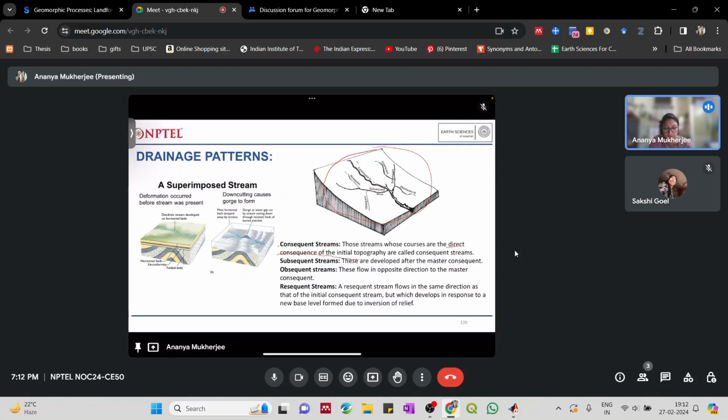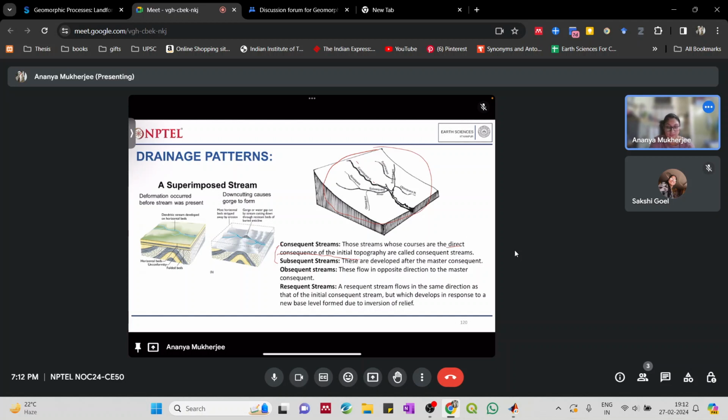So consequent streams are developed, and subsequent streams are developed on the basis of the consequent streams. Obsequent streams have a direction opposite to the consequent one, and resequent ones flow in